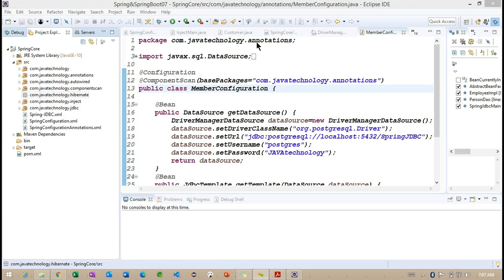As I explained, Hibernate is going to provide the complete solution for persistence. Basically, what exactly happens internally?